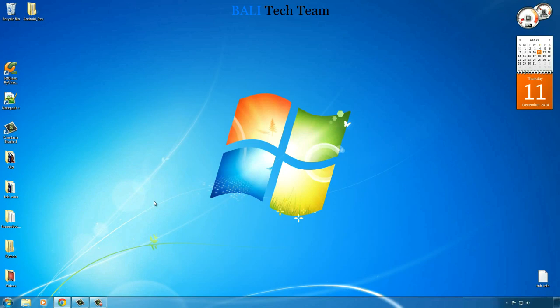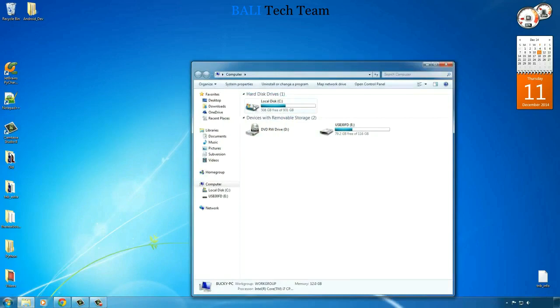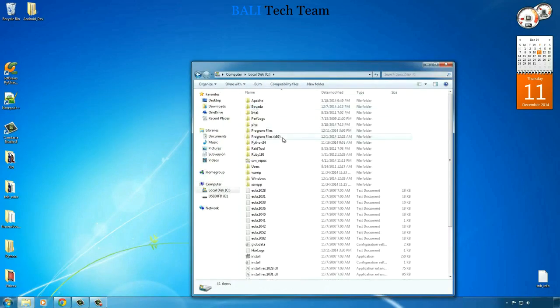And that's because later on when we download Android Studio, it's going to look for that JDK. So what we need to do is explicitly say, hey computer, this is where the JDK is. So go to your start menu and then click on computer, and then make sure you're starting at your hard drive. So in order to get the path to this,